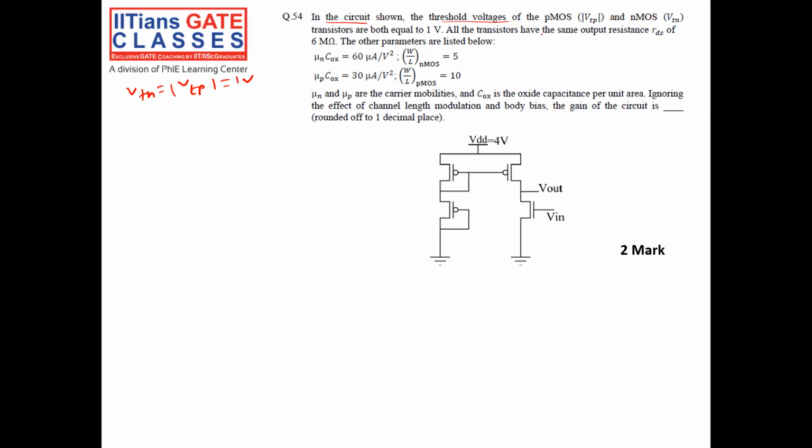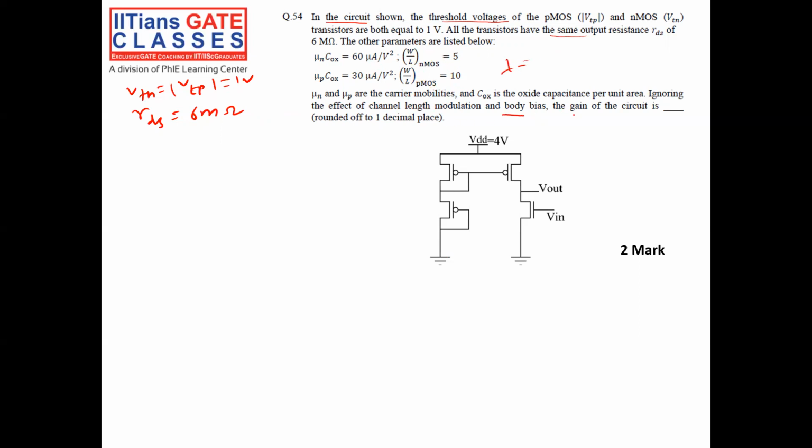All the transistors have the same output resistance RDS of 6 mega ohm. The other parameters are mu n COX given as 60 microampere per volt square, W by L is 5, mu p COX is 30 and W by L is 10. Then, ignoring channel length modulation, that means lambda,